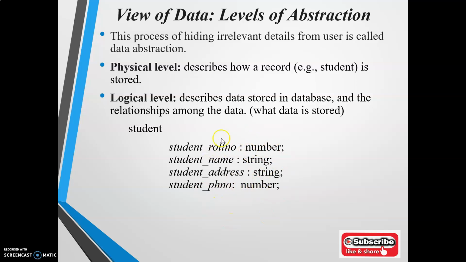Roll number should have a number data type while storing it into the database. Name should have string data type. Address should contain string values and phone number should contain a number. So it focuses on what data is stored into the database. That is the second level.